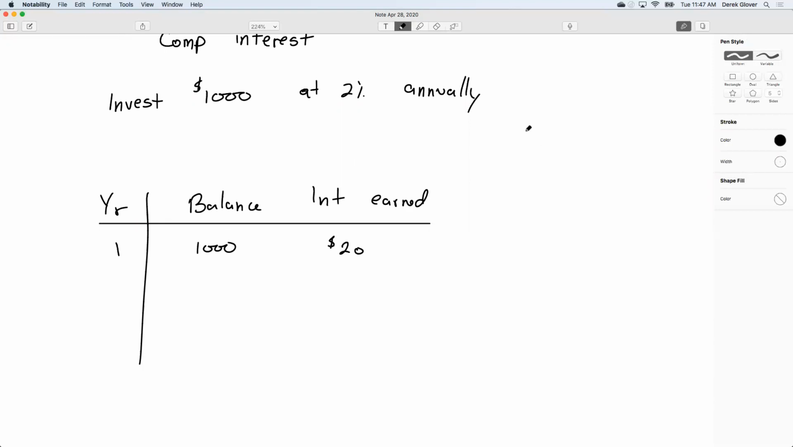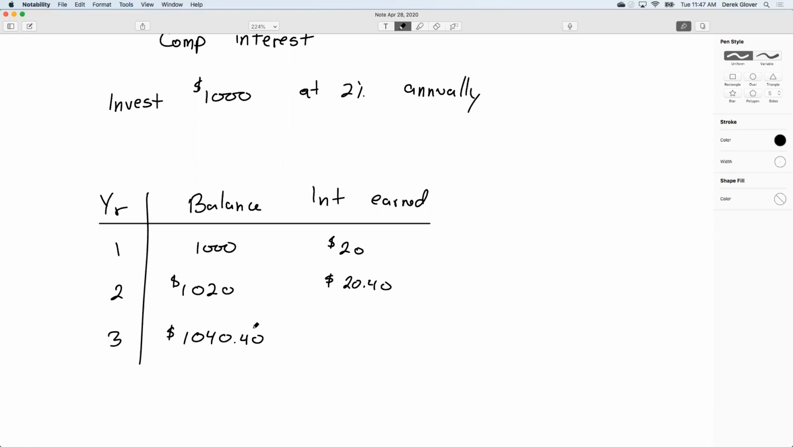All right. Now, in year 2, your balance is up to $1,020. It's a little bit more. So when you go to calculate 2% of that, it's going to be slightly more than 20 bucks. It's going to be $20.40. So then the following year, you're now up to $1,040.40. So the interest earned is going to be 2% of that,